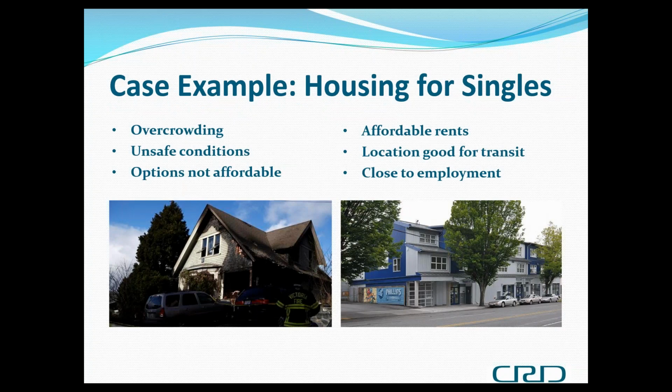I wanted to start with a couple of case examples that I think really help focus on some of the issues and concerns. There's two different target groups that I'm going to focus on, and please recognize that there are far more target groups that are of concern and of need in our region than just the two I'm going to talk about. I'm going to focus specifically on singles and Aboriginal people, but there's also seniors, there's folks with